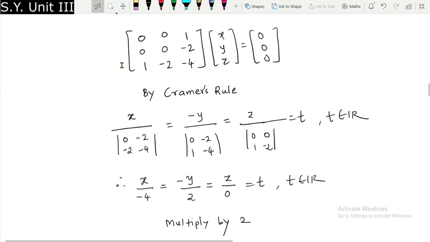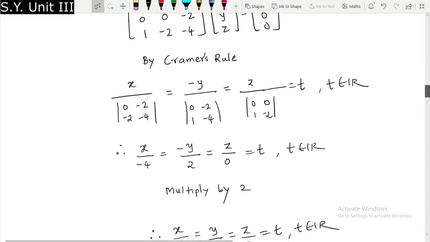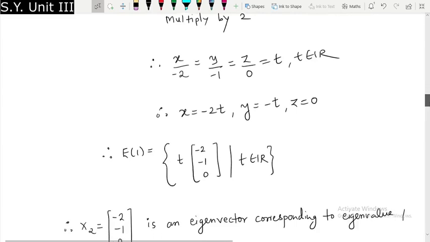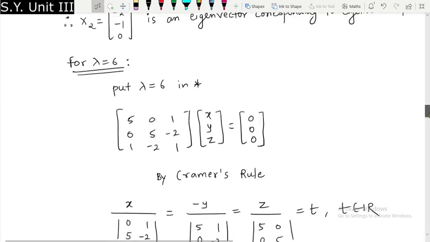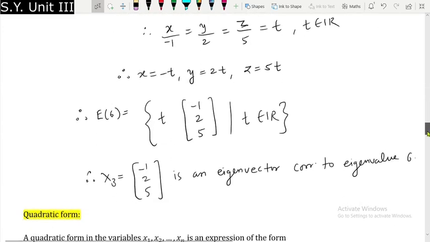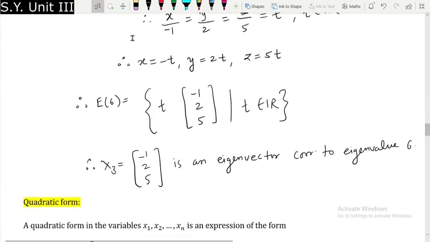So therefore it should be used with either the first and third row, or the second and third row. Over here I have used the second and third row in order to find the eigenvector, and you can see that I got my eigenvector to be minus 2, minus 1 and 0. Similarly for lambda equal to 6, I went for the calculations and I got my eigenvector to be minus 1, 2 and 5. So this is routine work that we already know. Now the question is,